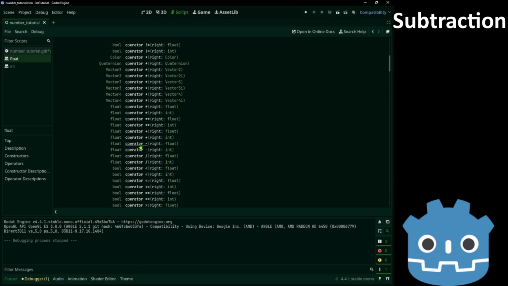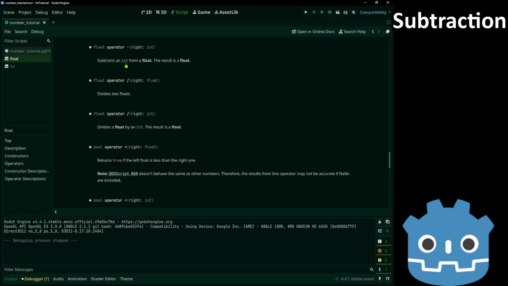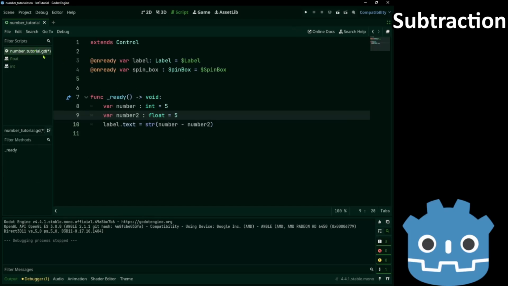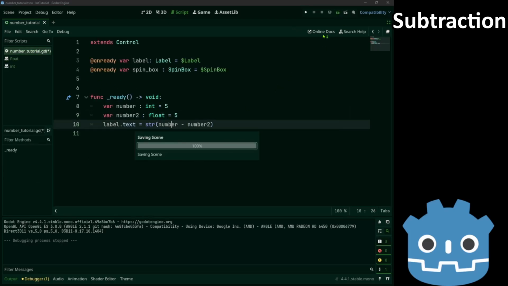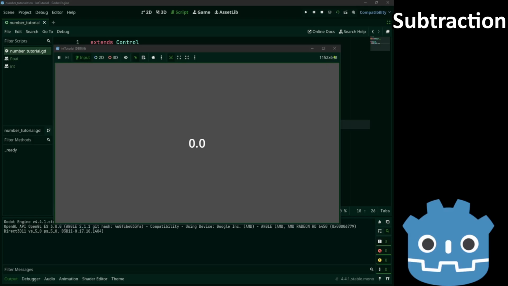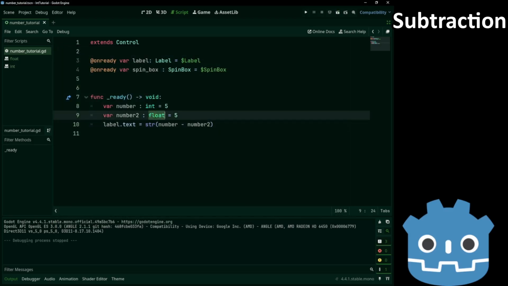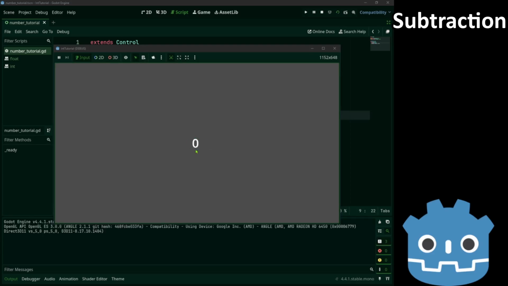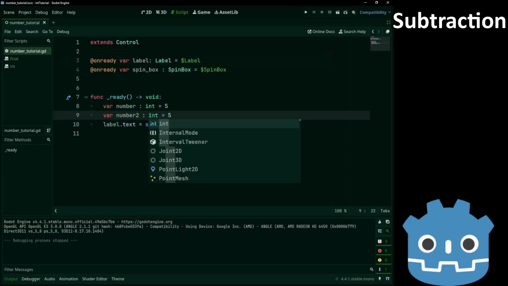The float class has the minus operator as well, subtracts int from the float, and subtracts float from the float. This gives us 0 since the numbers were equal. Again, if both are ints, the result is just 0 instead of 0.0.